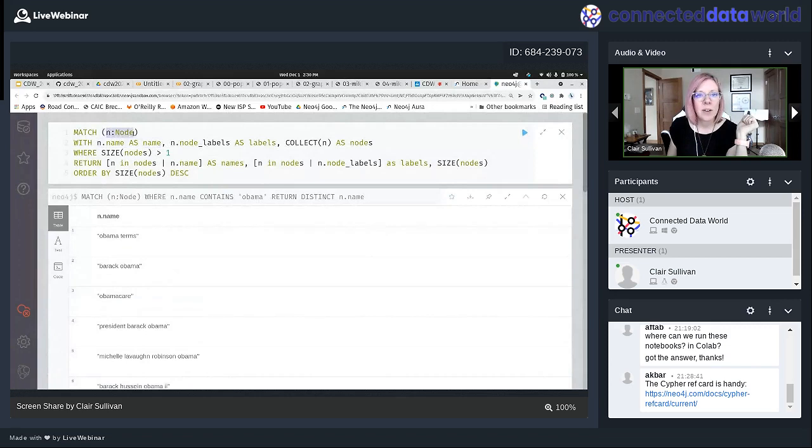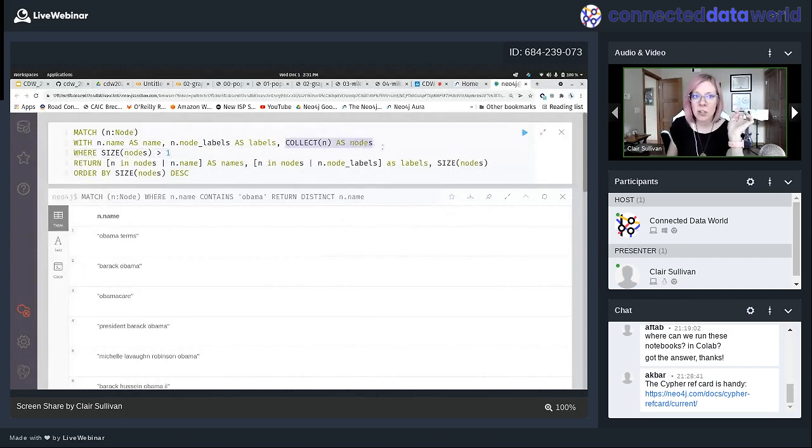Okay, I have my nodes, and I'm going to collect all of the n, that basically makes a list. Okay, and so I have a list of nodes. I strongly recommend you look at how Cypher works on this. If you go to the README, I have all kinds of Cypher cheat sheets and whatnot in there. And it'll just help as you learn Cypher more. But so basically I have a list.